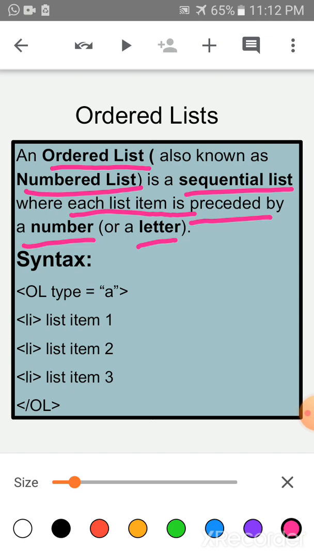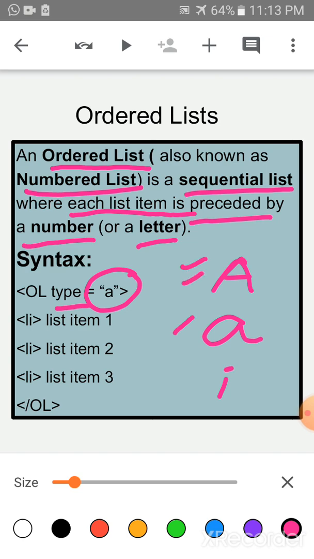The starting tag of OL is tag OL space, then again you have to write the attribute type. After that within quotes write down A. Children, you have to write either capital A, small a, or Roman number, this is the type attribute.